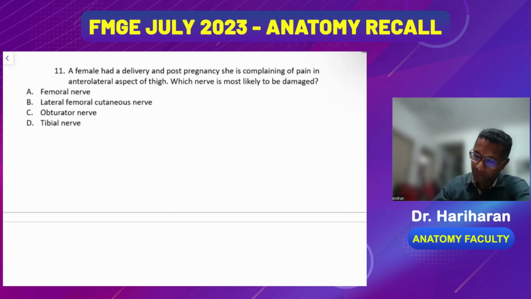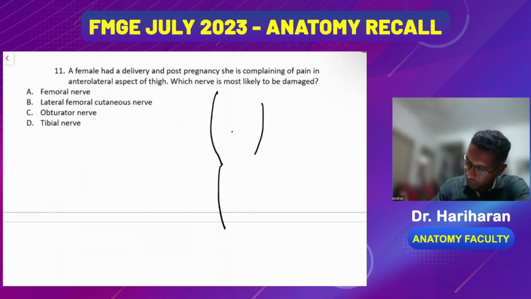Okay, so first we'll see why she is having pain on the anterolateral aspect of it. What is the nerve supply for it? If you see the thigh, let us consider this is the thigh and this is the leg portion. And what is this bone? This is the patella bone. This is the lateral aspect of the thigh and this is the medial aspect of